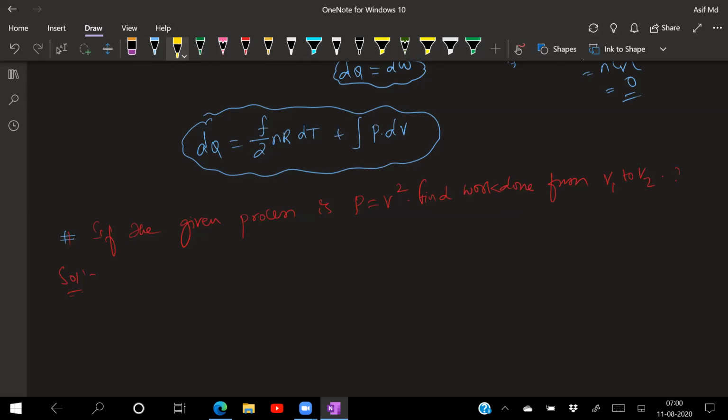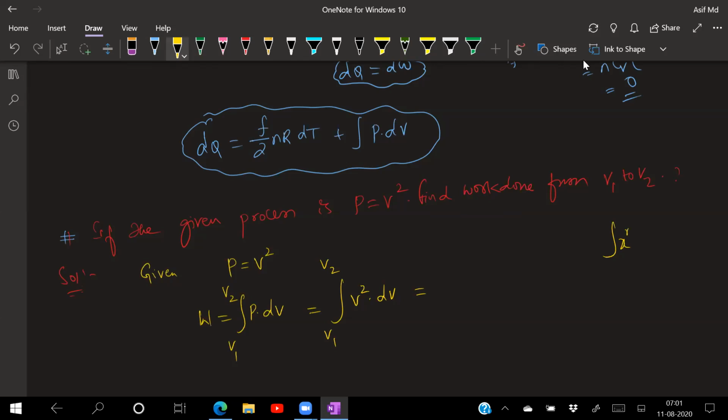What is the process given for me? Given pressure is equal to V square. V is nothing but volume, P is your pressure. He is asking for work done. What is the work done formula? The only work done formula which I know right now is W is equal to integral of P into dV. What are the limits he has given? Initial limit is V1, final limit is V2. Now, in the place of P, can I write V square? So this is V square into dV, with volume limits V1 and V2. Both of them are in volume, so I can use the integration and do the problem.